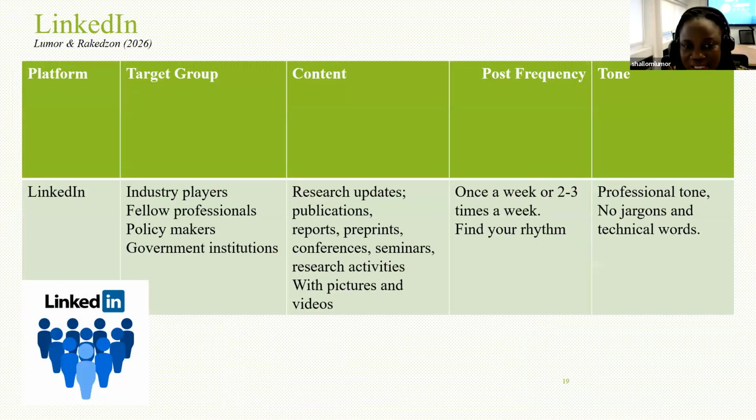Then the second one is LinkedIn. I would say this is what I use most because this is where I'm able to communicate with like-minded people. For LinkedIn, the target group is industry players, fellow professionals, policymakers, and government institutions. Of all the social media platforms, LinkedIn is the one everybody knows is for professionalism, where 80% of the users are professionals who are building authority or building brands. So when you are engaging on LinkedIn, you must know that you are engaging with policymakers, fellow professionals, government institutions, and other